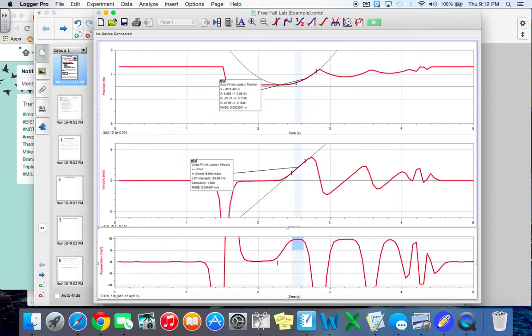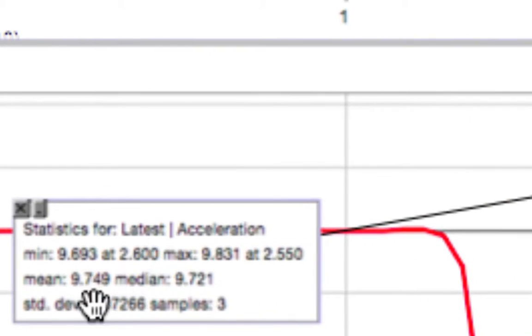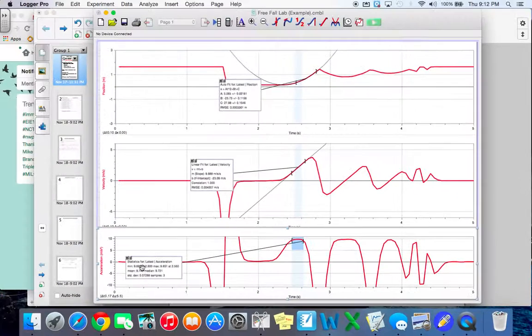For our AT graph, our acceleration versus time graph, we're going to hit the mean button, which for you guys, it'll say stats, I think. It looks a little different on the Mac, but it's going to be something like that. And then you're going to go down, you're going to use the mean as your average or mean velocity.